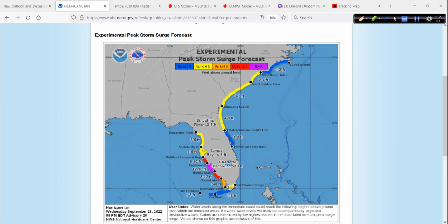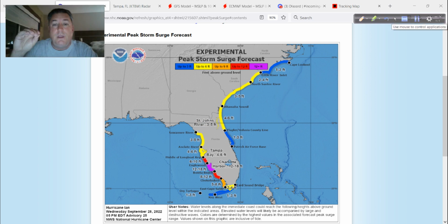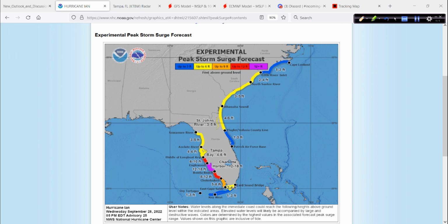But you folks up here along the Carolina and Georgia coast and even northeast Florida, you need to be prepared for this, and that includes the St. Johns River. That is why it says that. That wind really piling in there, driving the St. Johns River in, and that can cause some flooding. You remember Matthew, you remember Irma. If you don't, go look it up. Ask your friends and neighbors that did deal with it. This is going to be very problematic for that part of Florida, and then eventually, like I said, the Carolinas